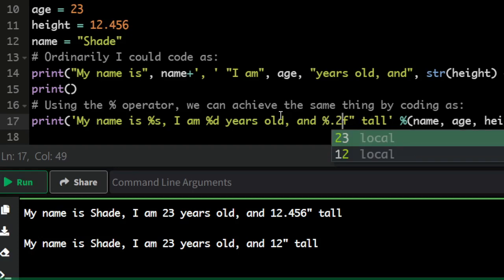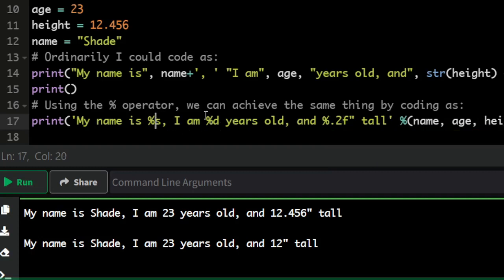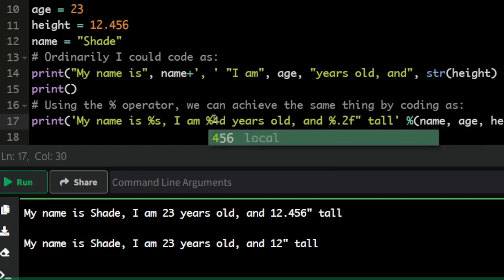Okay. Now there is one more thing I want to show you. If you want some kind of spacing, or you want to create more character spacing for your display of the numeric variables, that is the float and the integer, you can put a value there. For instance, with this percentage d, if I put something like 4 in between, not 4.2 or 0.4, just 4, and I run the code,